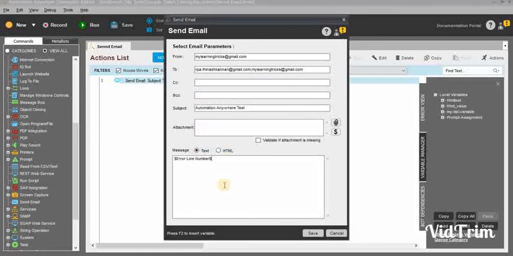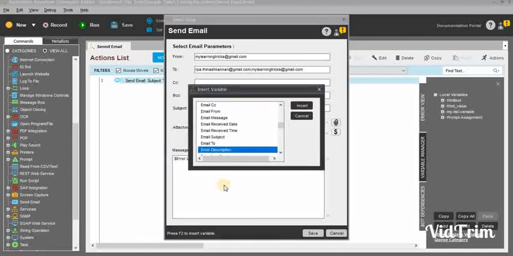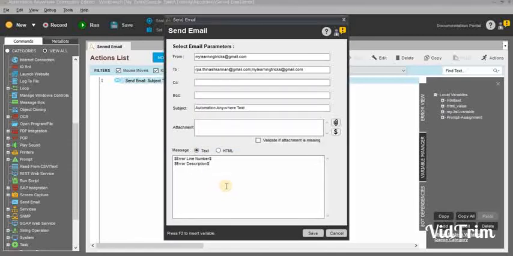We are adding two kinds of variables, error description and other text values, something like salutation and the signature. If required, you can add anything in the body of the message. And validate if attachment is missing: if you have provided any attachments using this attachment box and the particular attachment is missing, it will guide you that the attachment is missing. The error prompt will pop up. You can check the values.